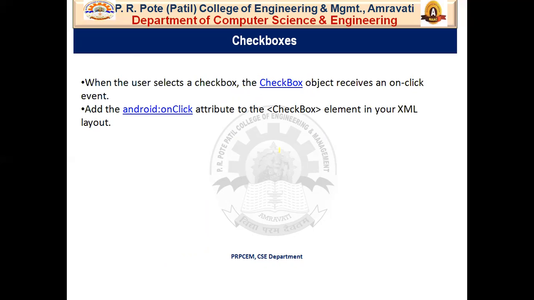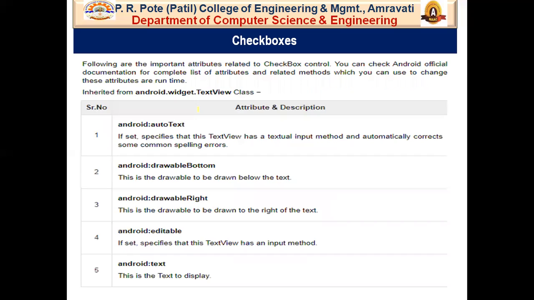So to define this click event handler for a checkbox, add the Android on-click attribute to the checkbox element in your XML layout. Now the value for this attribute must be the name of the method you want to call in response to a click event, and the activity hosting the layout must then implement the corresponding method. So let's see how to add a checkbox in Android Studio.